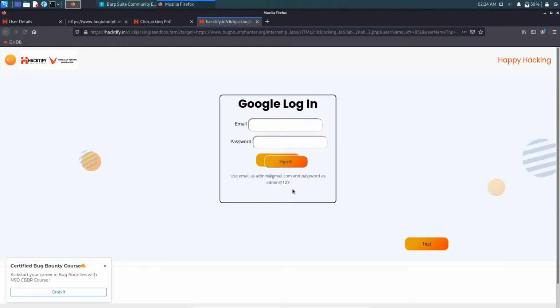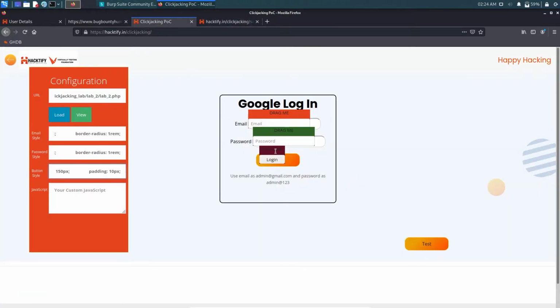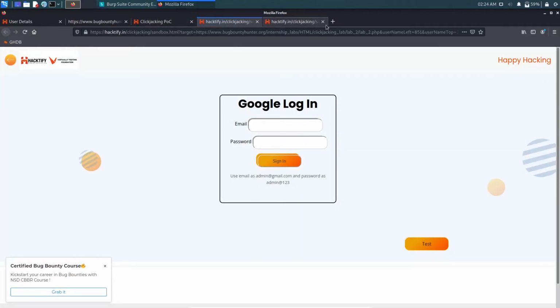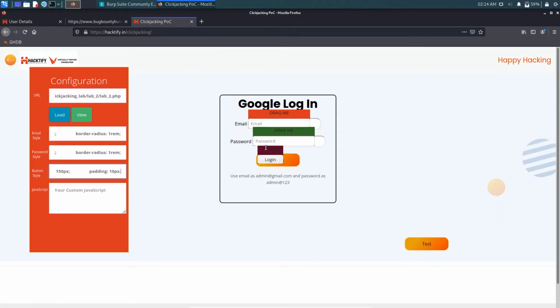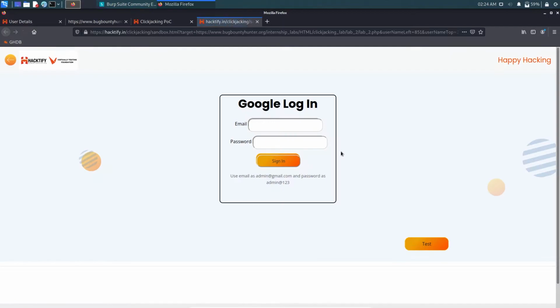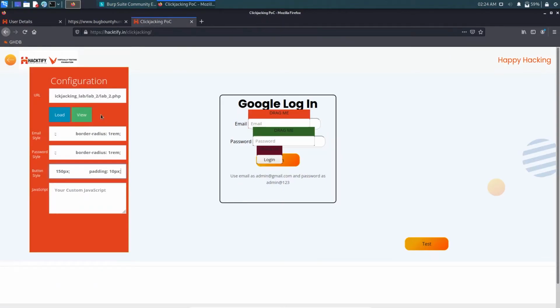The CSS will load. The sign in just went a little off. Place it here. We'll view it again, a little bit more. Just close this. A bit above.